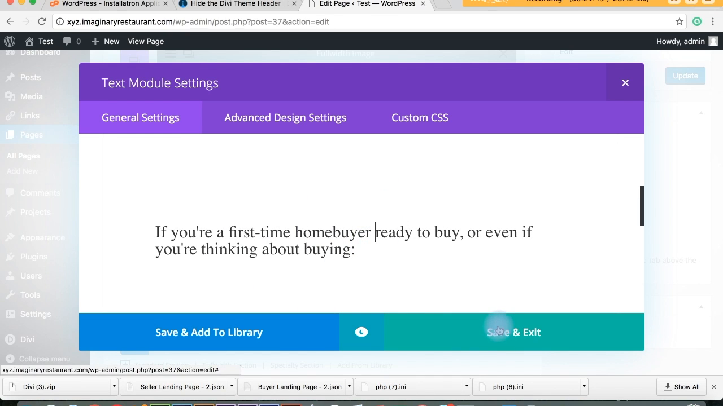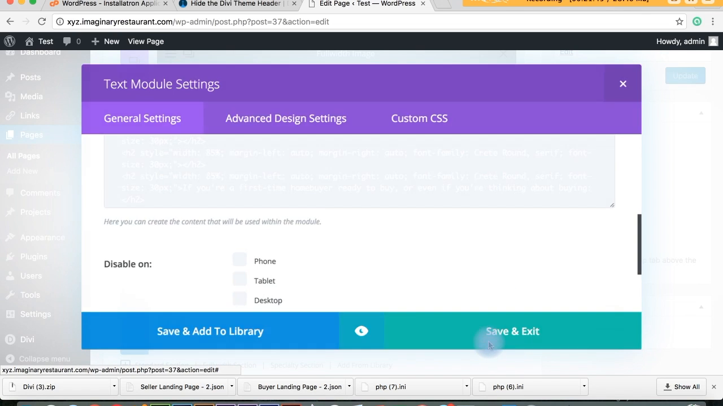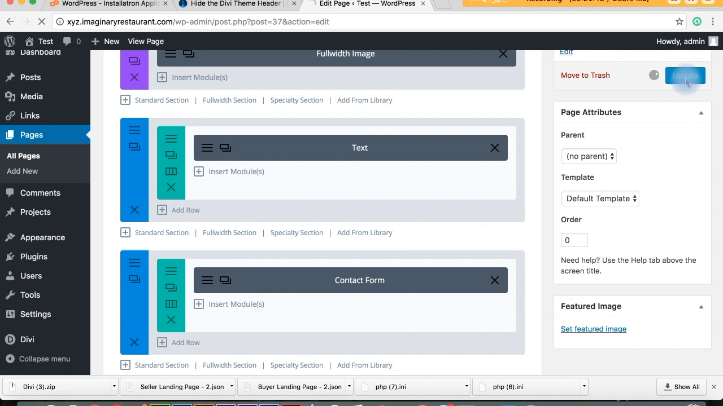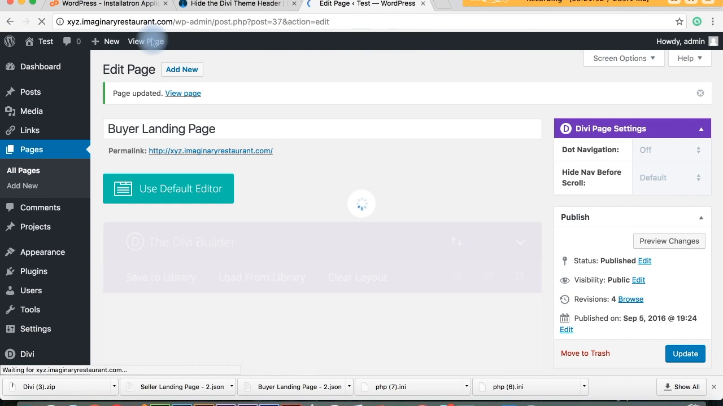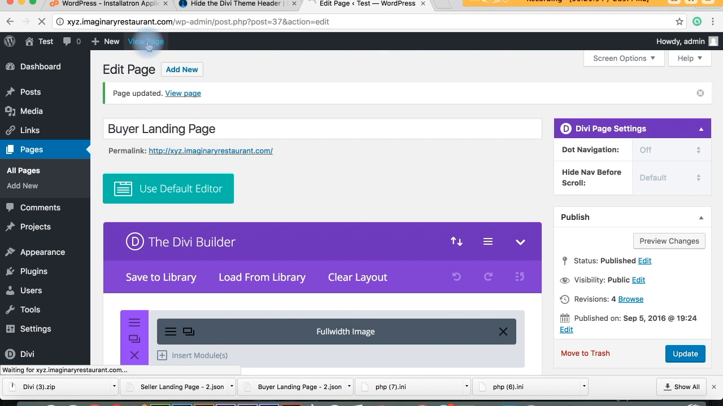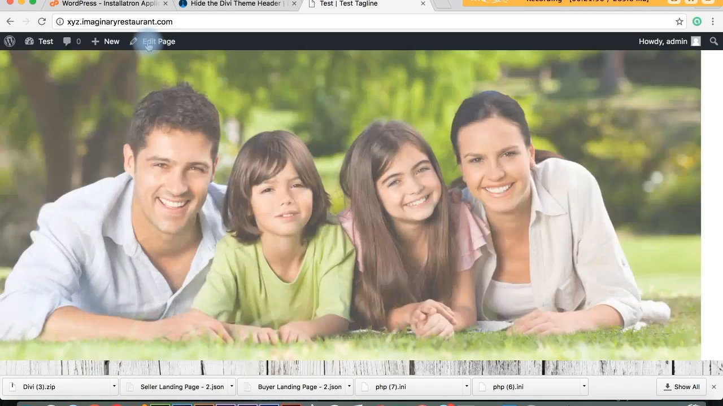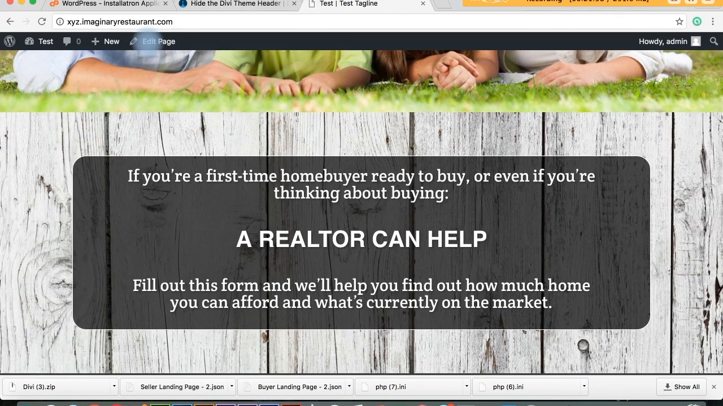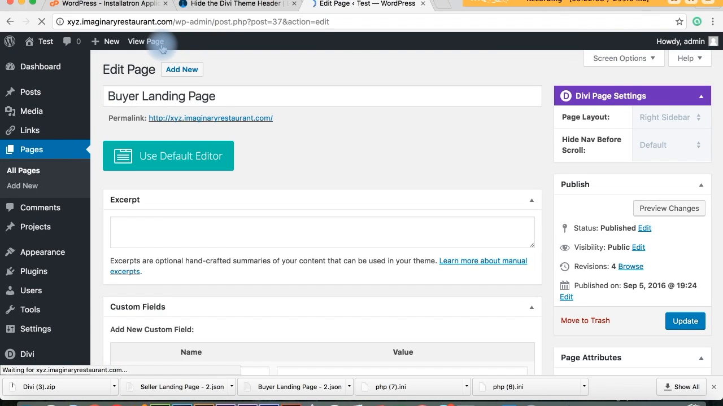When you're done, hit Save and Exit right here, and then hit Update. And then you'll see our text has now changed to match the ad we're running. Very easy, very simple. Now, one other thing that you need to do before you can move on to something else